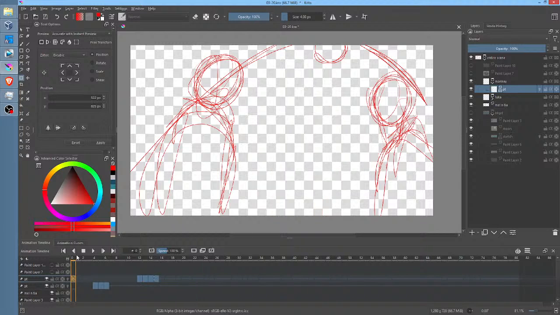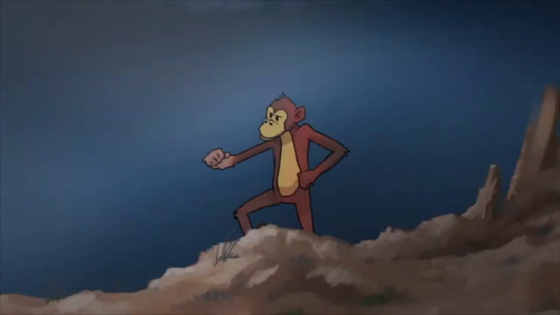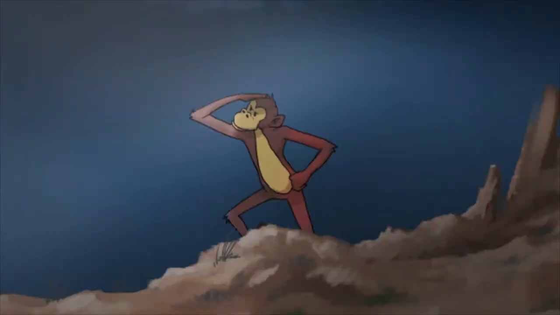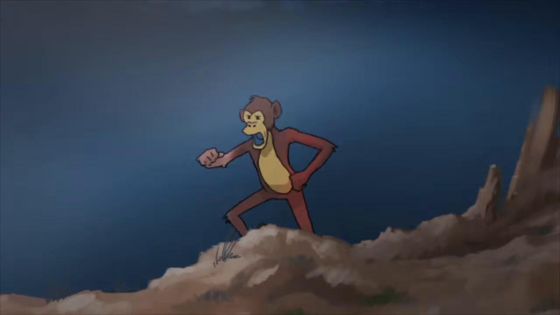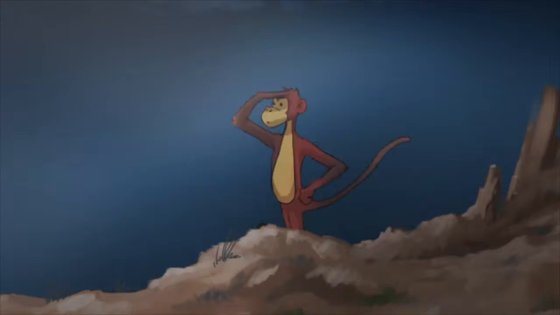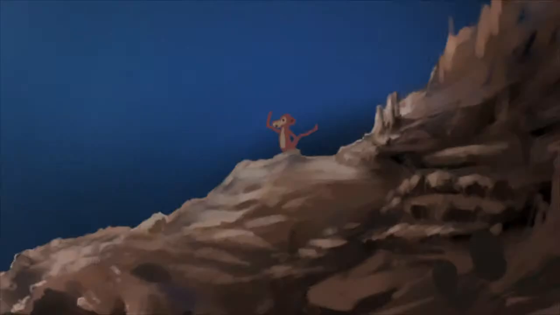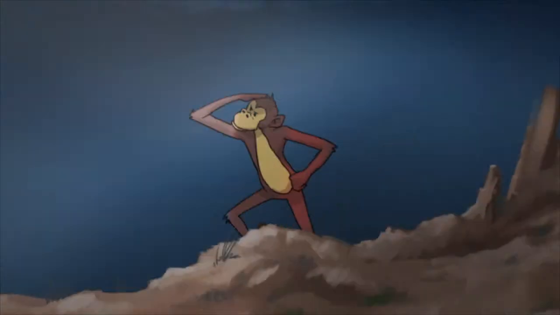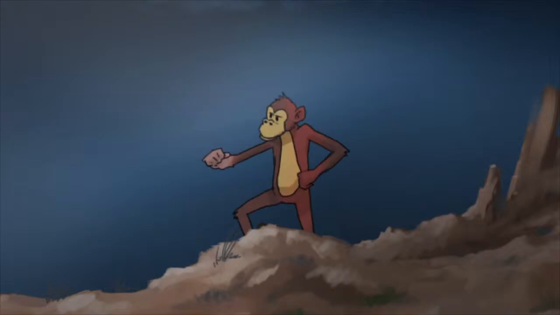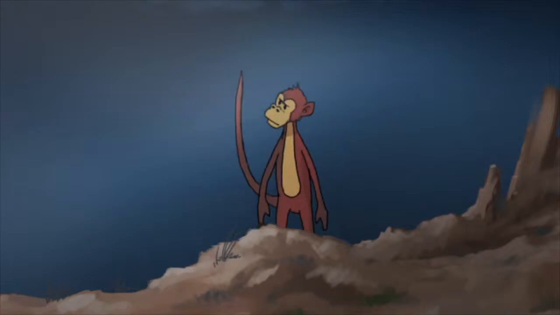And by the way, now that I'm thinking about it, I want to mention this shot that I just did. I just realized not only is the interior of his mouth not painted, but also, the astute observer would notice that the poor guy doesn't have a tail. He's got it on the first frame, but then it kind of disappears.